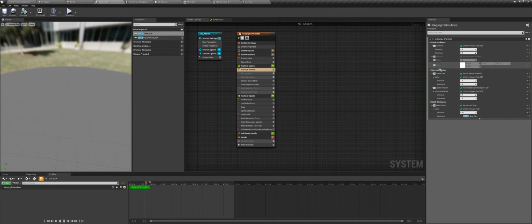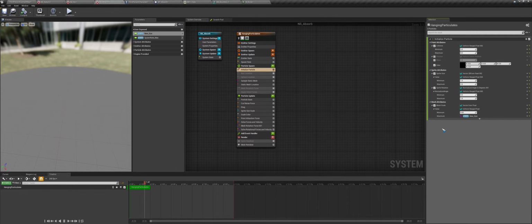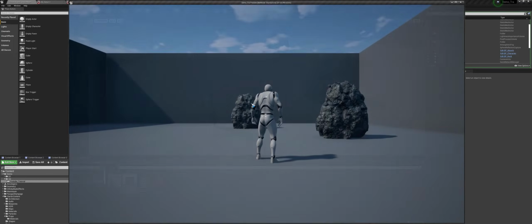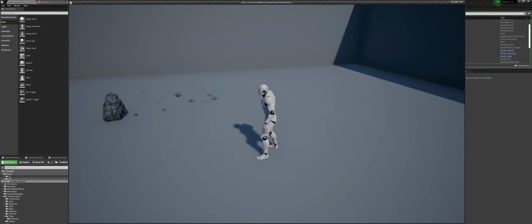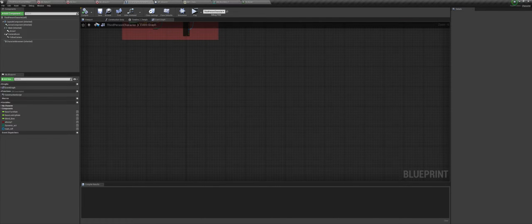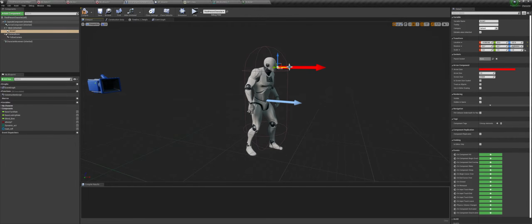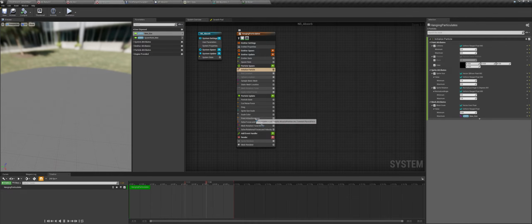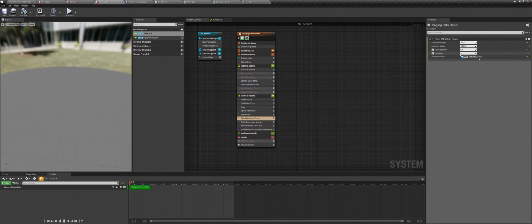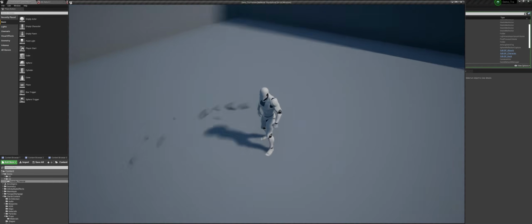So in order to get the original color back, we need to change this value to black. So our MSC color will be black and it won't show up. So it will be like this. So in order to make this closer to the mesh, we can go to the third person character and you can adjust this however you want. And also you can go to the point attraction and change this value to like 30. So now it will be closer to the mesh.